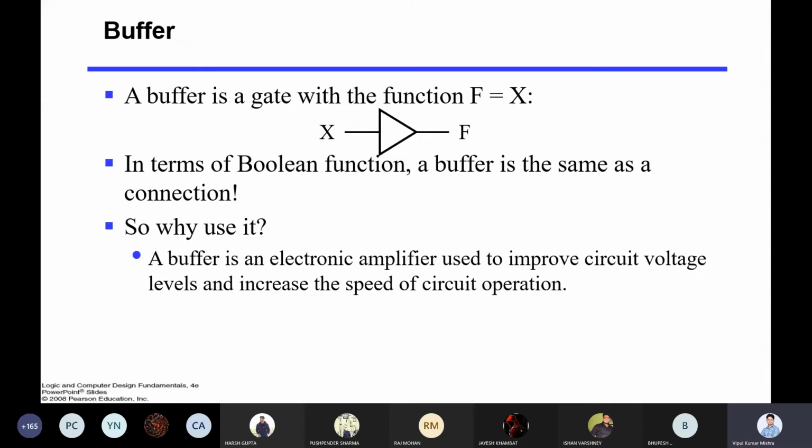Now there is another kind of element, it is not actually a gate, but it is known as a buffer. Buffer is mainly used to boost up the signals. Suppose you want to send a signal for a long distance. In that case, in between you are taking some mechanism to boost up the signals, and buffer will do the same work, that will boost up the signals, or you can say amplify the signals. That is the purpose of buffer. It doesn't have any functionality, it will not change your output, it's just boosting the signal. That's the only task of buffer.